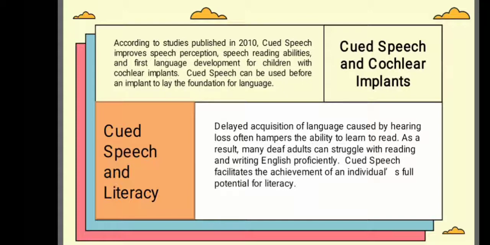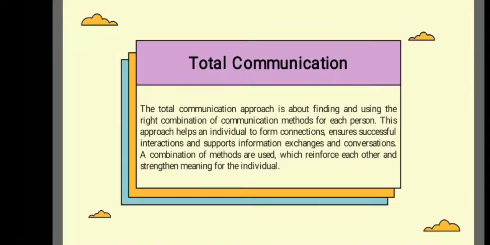The results of research studies have consistently shown that native deaf cuers with no additional learning or processing difficulties have achieved literacy levels comparable to or beyond their hearing peers. Studies that focus on deaf cueing children aged 7 to 16 have shown them to score higher than deaf signing and oral peers on several standardized reading and writing tests.